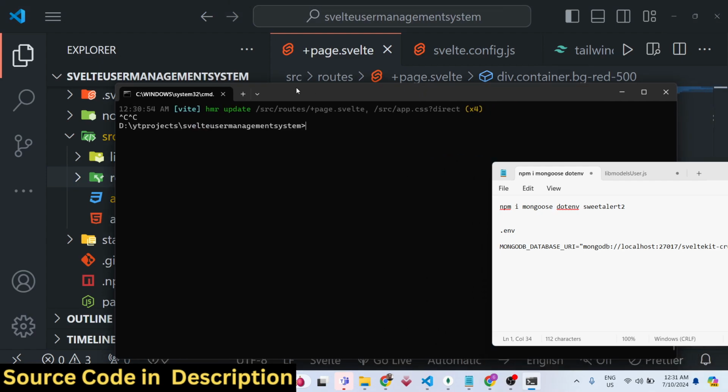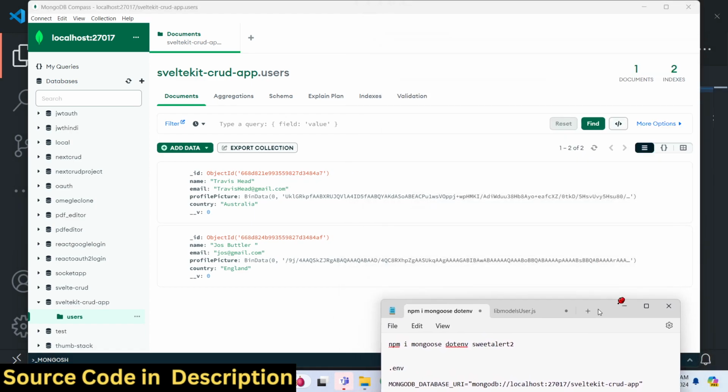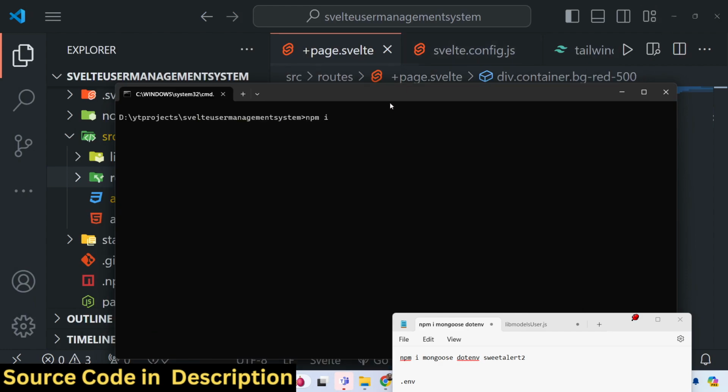So right here, just pause the server and install these dependencies. The very first dependency is Mongoose. Mongoose will allow you to communicate with the MongoDB database. Currently, if you see, we have a single record available in the table. So this Mongoose library will allow us to actually communicate. So npm i mongoose, and then we have